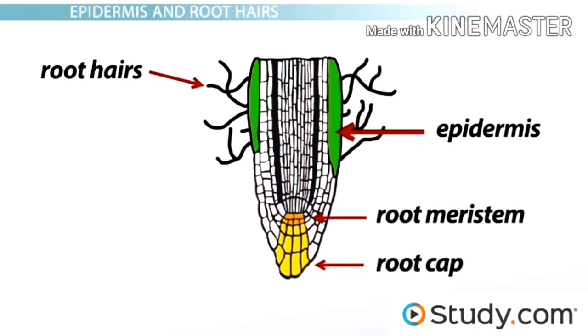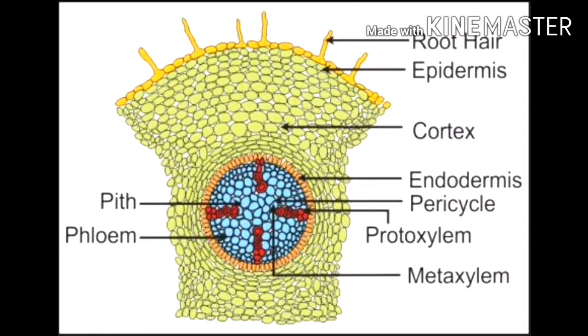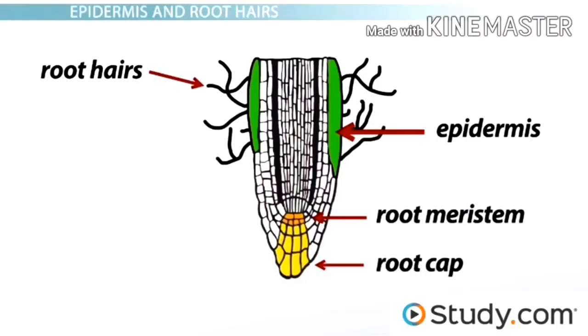And epidermal cells of roots. Epidermis is present in roots also. So their function is water absorption. Epidermal cells of roots commonly bear long hair-like parts that greatly increase the total absorptive surface area. Because these root hairs increase the surface area for water absorption. So this is the function of epidermis in leaves and in roots.